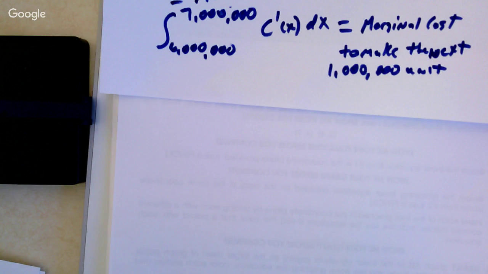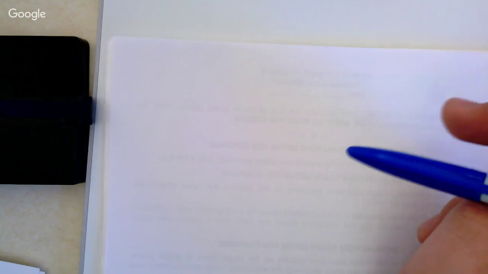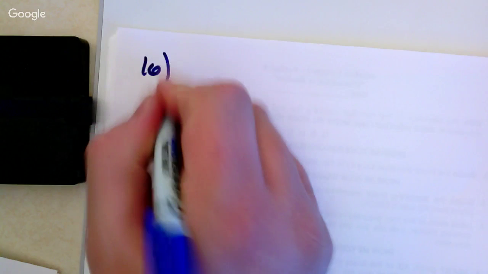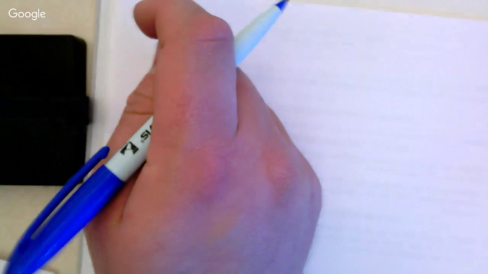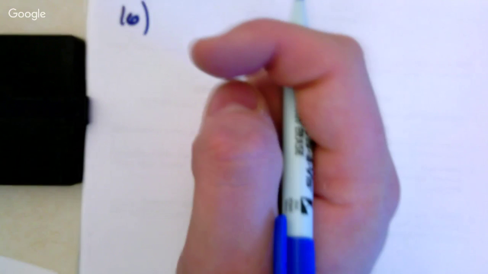So that's all we got to do. Need to do an example? Of course we do. Why not? Let's take a look at a homework problem. Oh, you want to do the marginal cost homework problems? Lazy kids. You don't want to do more work? Okay, pick one, Ellie. We don't have them. 17. Can we just start with 16? Because we don't have to do them all. All right, 16. Let's learn it and get a homework problem done.